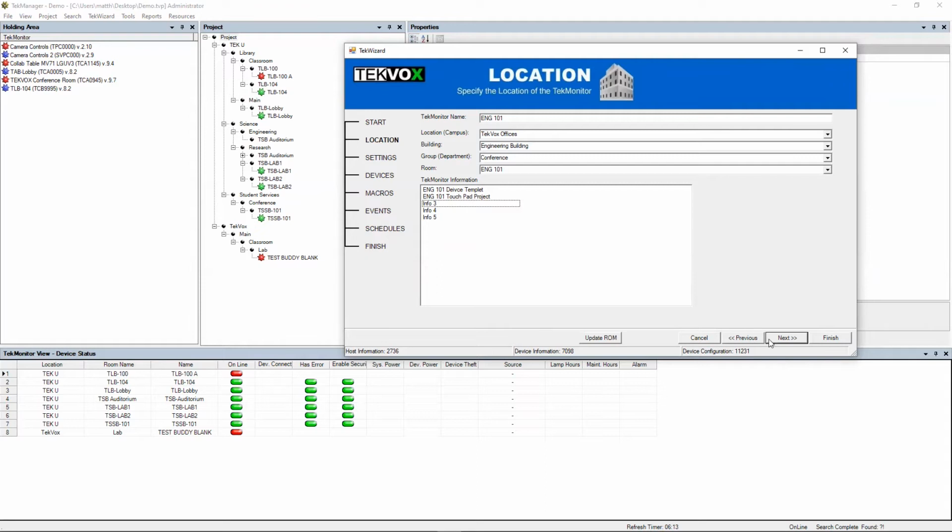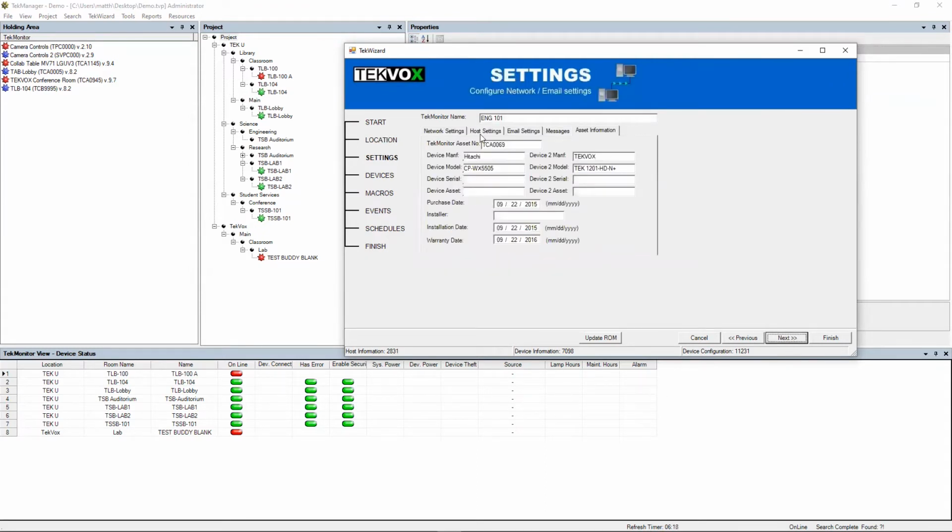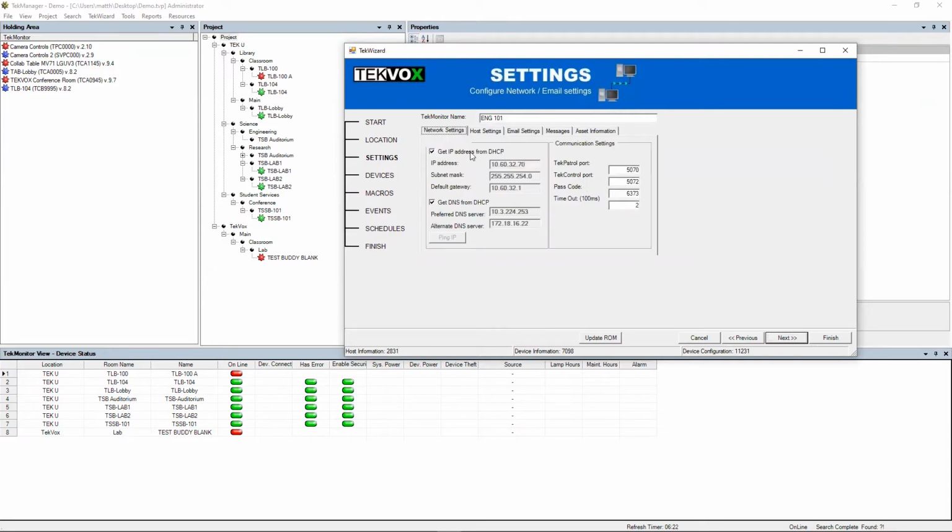After the location settings, we have more general settings. Here we can set, let's start with the network settings. So here you can set whether or not the TekMonitor automatically gets its IP address using DHCP, in which case the router will assign the TekMonitor an IP address, or you can statically assign the TekMonitor's IP address. You type out all the